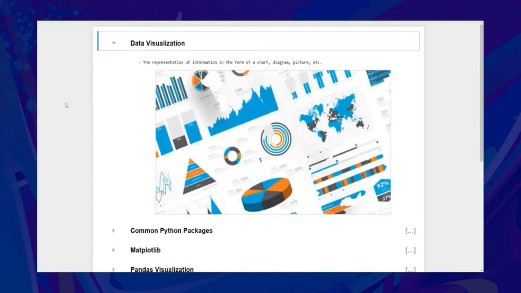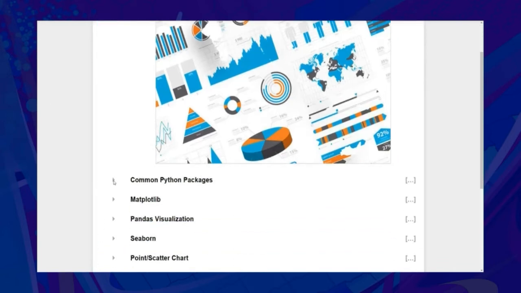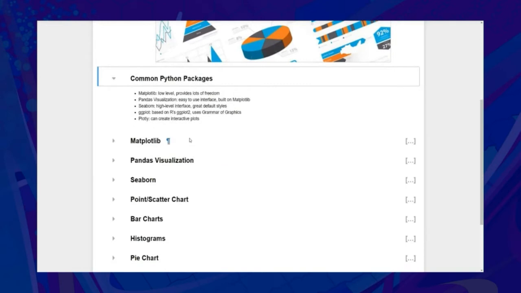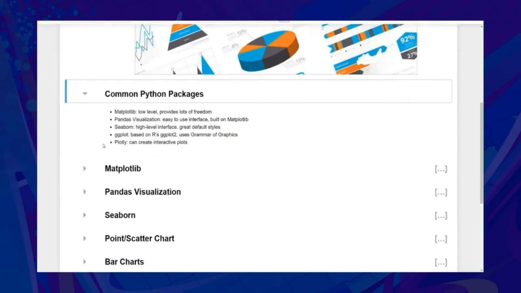So now we're going to dive into working with visualization. And visualization is the representation of information, and it can come in a whole bunch of forms. It can come in maybe an Excel spreadsheet or a diagram or pictures. And we're going to look at some of the common packages that can be used when working within the Python ecosystem